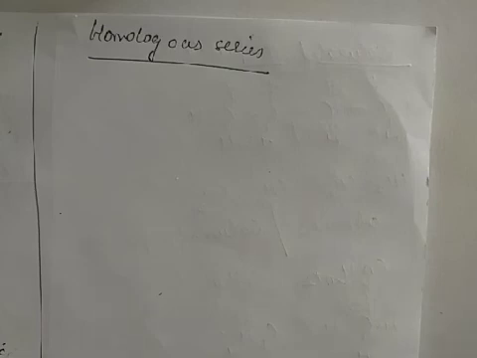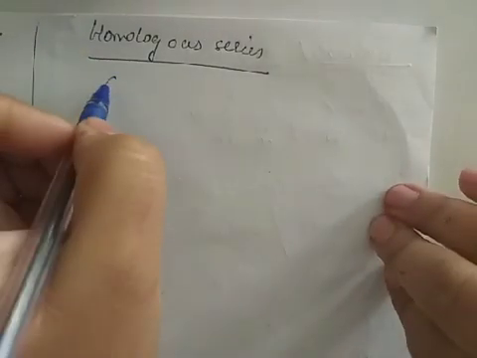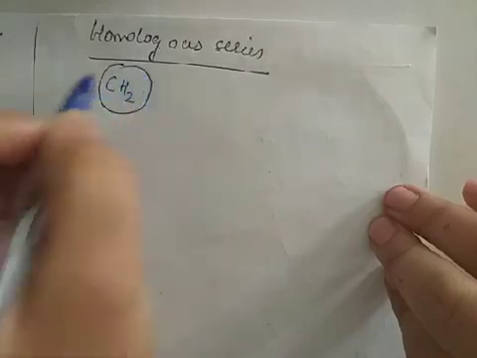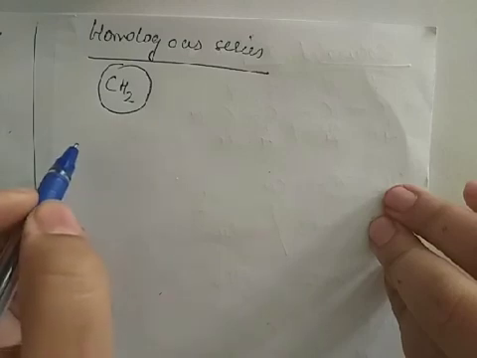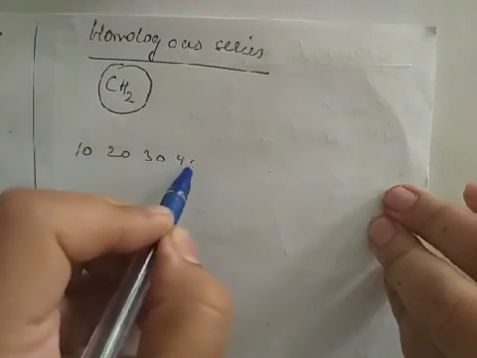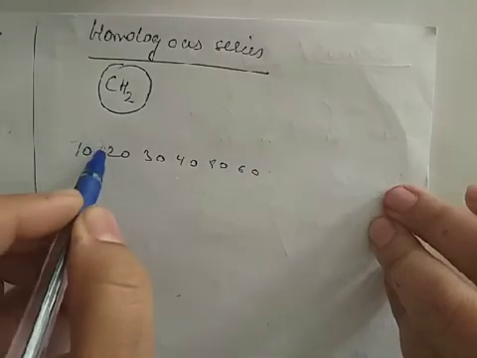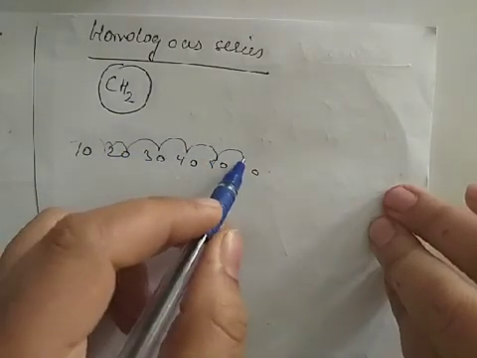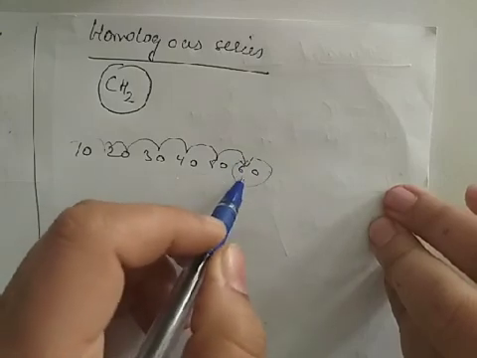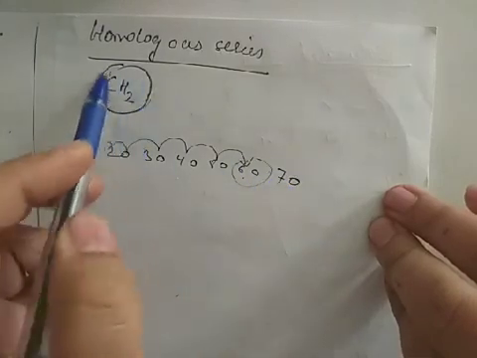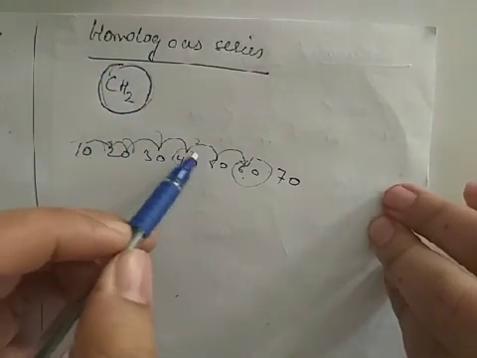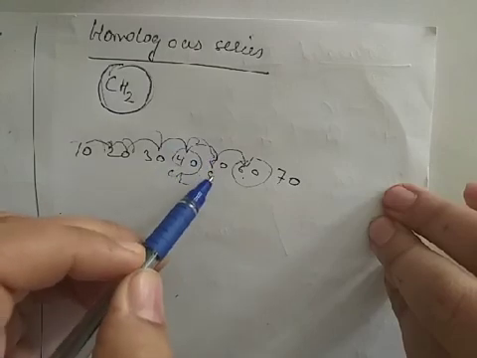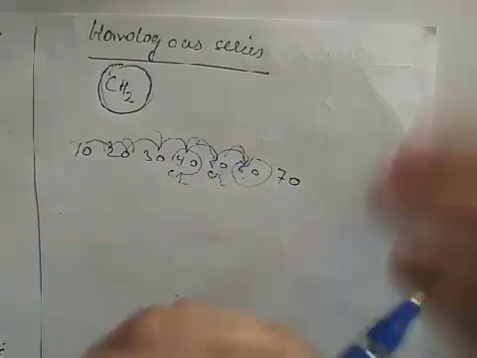It is a group of organic compounds having similar structure and similar chemical properties, and they just differ by the CH2 group. ओके, जैसे आपका लाइन होता है ना, जैसे if I say numbers, if I say 10, 20, then 30, then 40, then 50, then 60, so all are increasing by 10. If I add 10 to 60, then it will become 70. So it is the same way in the homologous series. We have to just go on adding the CH2 group. Okay, 40 plus CH2 group, 50 will be there. 50 plus CH2 group, 60 will be there. This is known as homologous series.